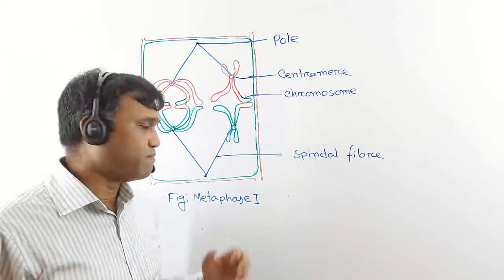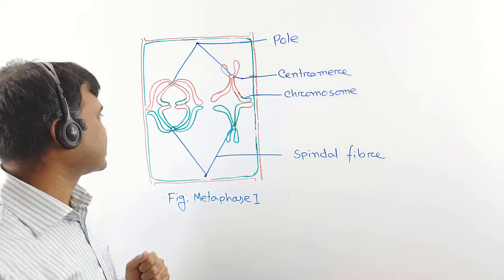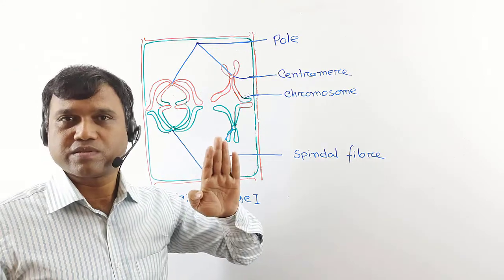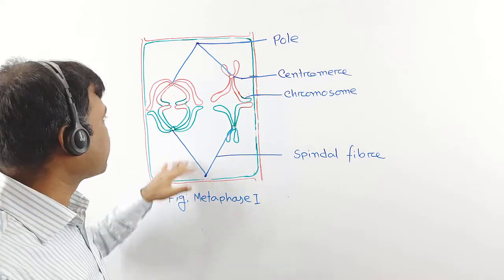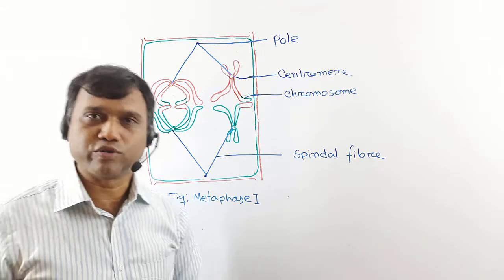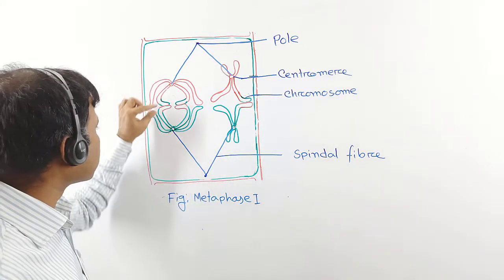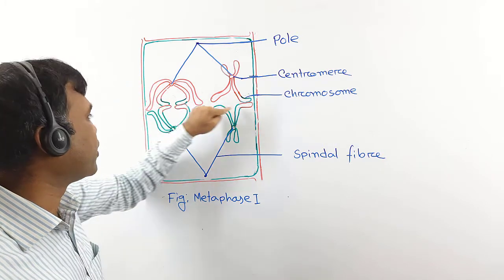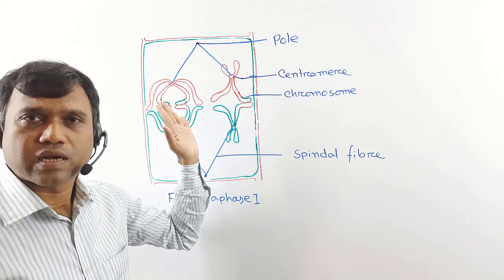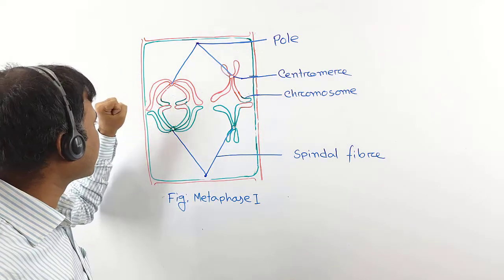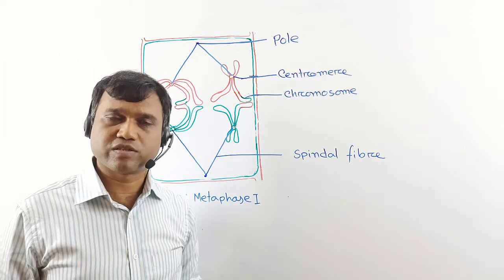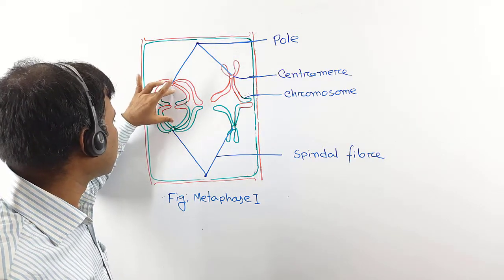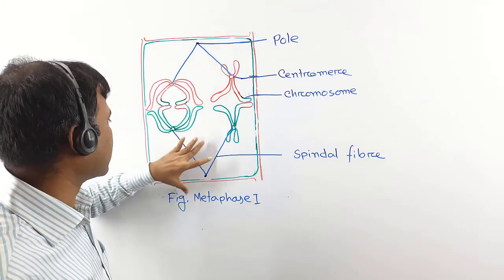Next phase, metaphase one. In this stage, at first we find that the nuclear membrane totally disappears and the bipolar spindle apparatus is produced, and the centromere of the bivalent remains at the same distance from the equatorial zone. And by reducing water, the chromosome gradually becomes thick and short. And the centromere of the bivalent starts its journey towards the two opposite poles.